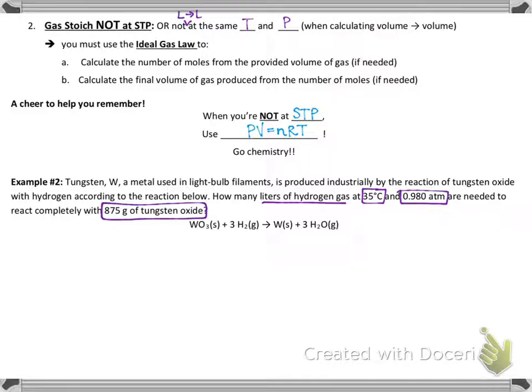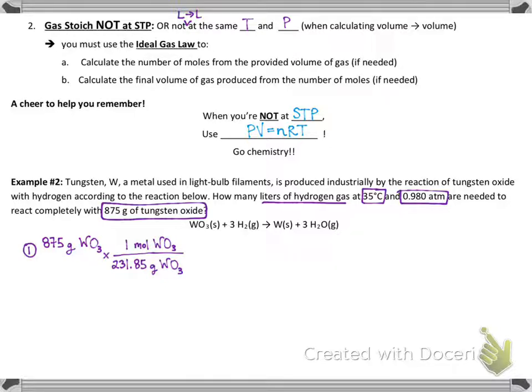Okay, well, you're starting with tungsten oxide. You're converting to hydrogen gas, clearly stoich. And we're starting in grams of tungsten oxide, so we're just doing normal stoichiometry. So we're going to take our given, our 875 grams of tungsten oxide, otherwise known as WO3, and we need to convert that to moles, and then we can do a mole-to-mole ratio. Tungsten's kind of heavy, so there's